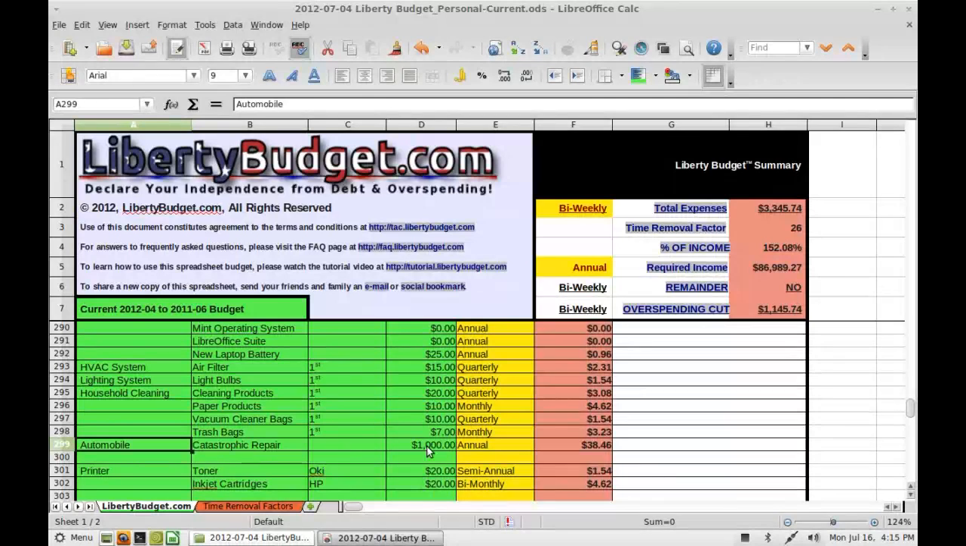Transmissions run about $3,000. If you get a cheap one, you can set that to annual. That's how much you'd have to save. And of course, if you don't want to list a lot of this stuff, maybe this can be the automobile, anything. This can be your general emergency fund. Maybe we'll call this emergency,